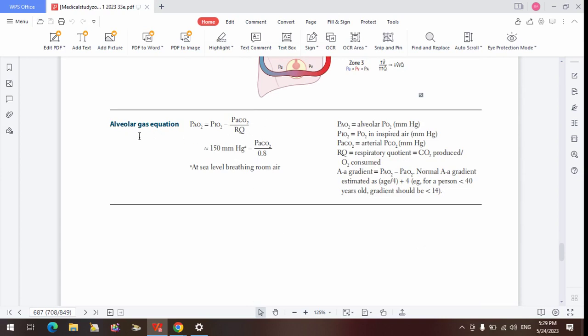You can see that this is the alveolar gas equation. This equation is what will influence the alveolar gas, which is the concentration of oxygen within the alveoli. These are the parameters. The amount of oxygen that we are taking from the inspired air, if it's low, PAO2 is going to be low. One thing that can make PiO2 reduce is when somebody is breathing at a higher altitude. Okay, so aside from PiO2, what else can affect the partial pressure of oxygen in the alveolar gas?